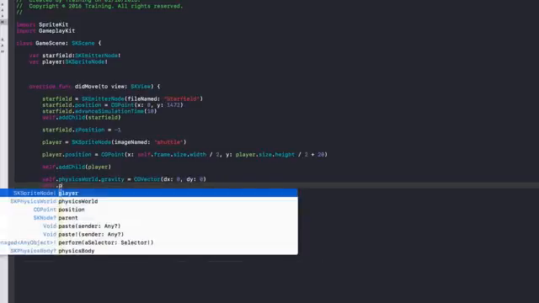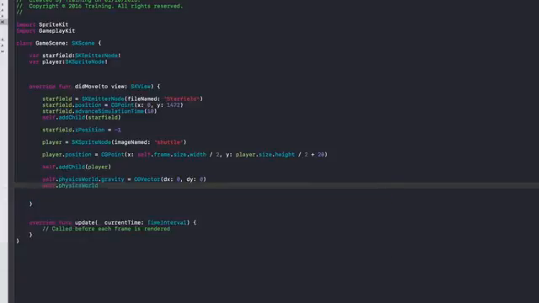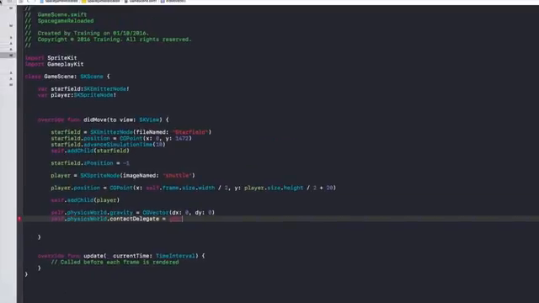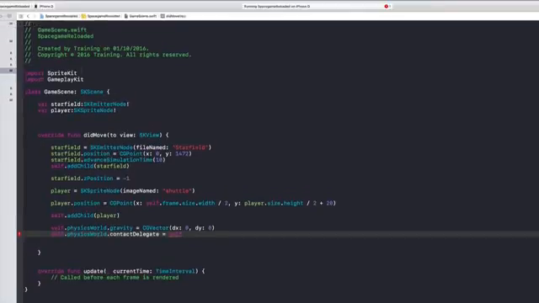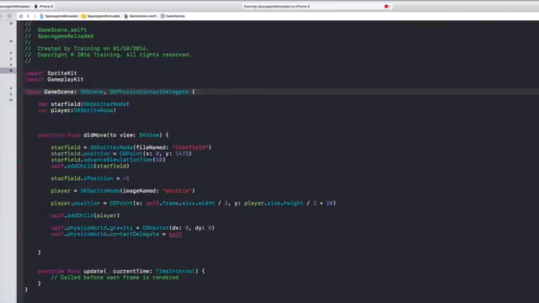And what we also want to do is add a contact delegate to our physics world. So let's choose the contact delegate and set it to self, which means that we also need to adopt a specific protocol, which is named SKPhysicsContactDelegate. So we're moving to the top, adding a comma here, and adopting SKPhysicsContactDelegate, which means that we can later implement the didBegin contact delegate method